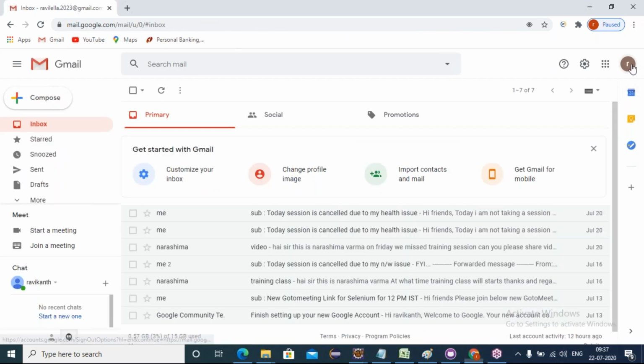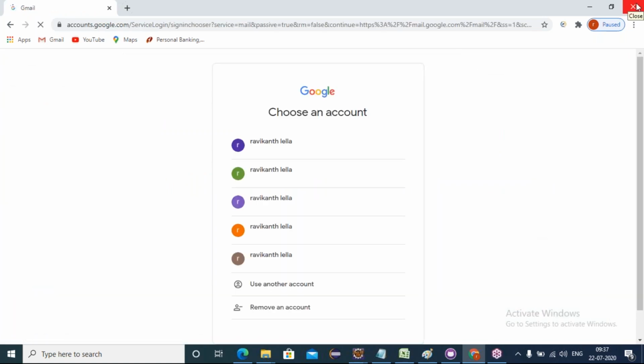First I open only one browser tab. See here, the current user is Ravi.